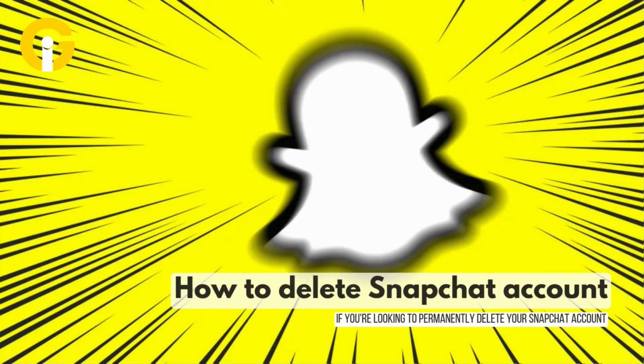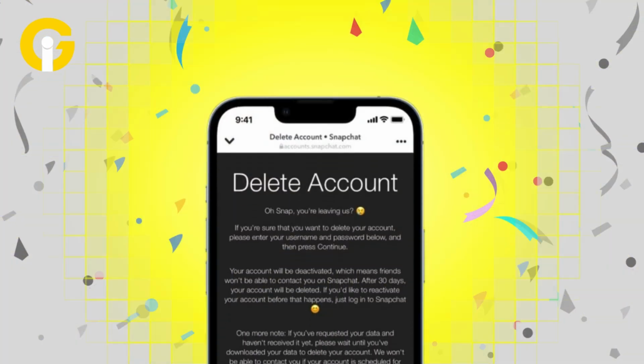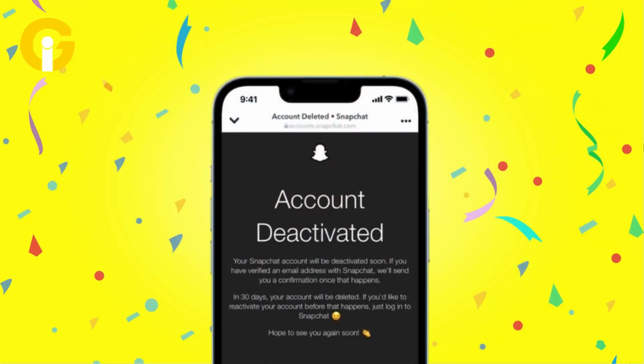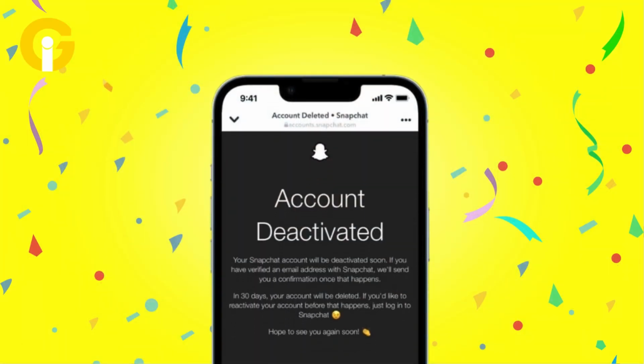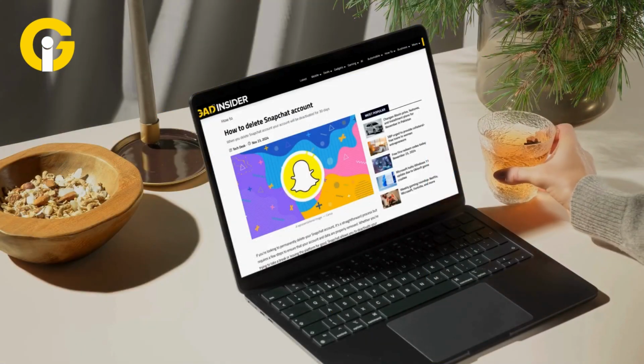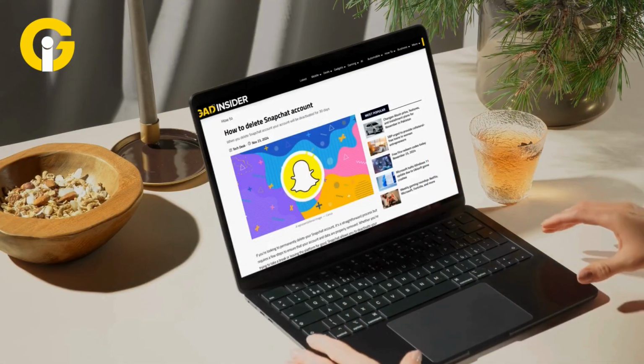How to delete Snapchat account. If you're looking to permanently delete your Snapchat account, it's a straightforward process but requires a few steps to ensure that your account and data are properly removed. Whether you're trying to take a break or leaving the platform for good, Snapchat allows you to deactivate your account temporarily before permanent deletion. GadInsider has compiled a step-by-step guide on how to delete your Snapchat account and what to